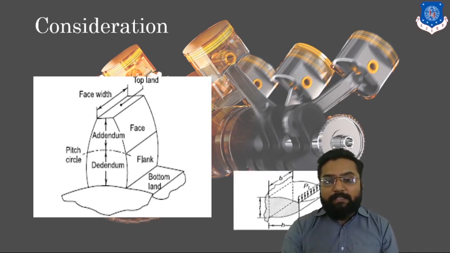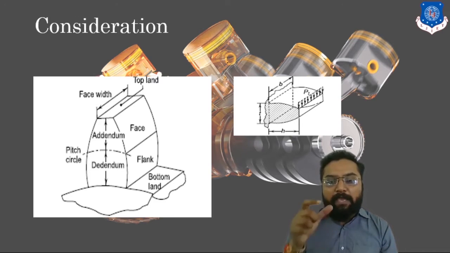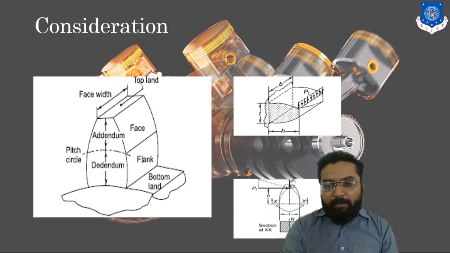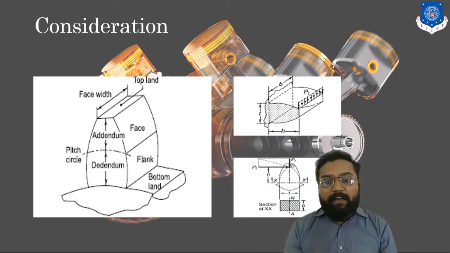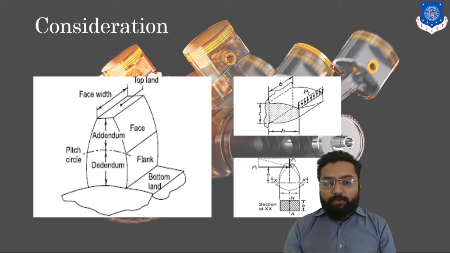One is to consider it as a cantilever beam. Here you can see our tooth is fixed at the gear bottom, and force is acting upon its one end. It has height H and B is its base. In this consideration, we consider it as a cantilever beam, and then we consider it under a static, or you can say compressive stress.